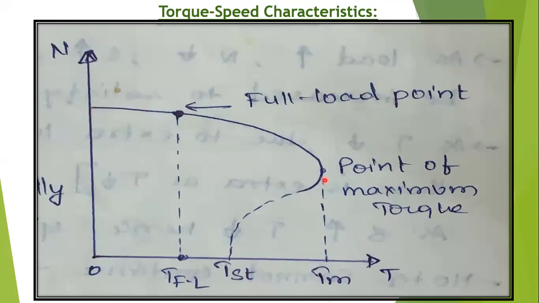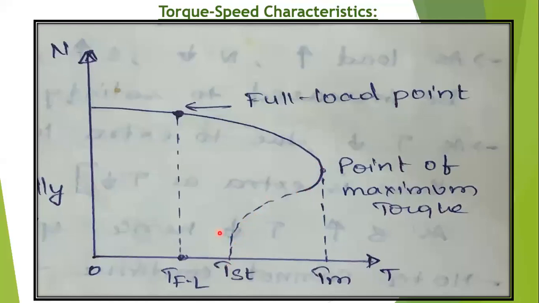This is up to the point of maximum torque. This is the stable region, and from here we observe the unstable region. Up to here low slip characteristics occur, and from here high slip characteristics. At the time of high slip characteristics, as the torque dramatically reduces, in the torque speed characteristics also we can point out that torque will be reducing and reaches 0. So from maximum torque it is again drooping.